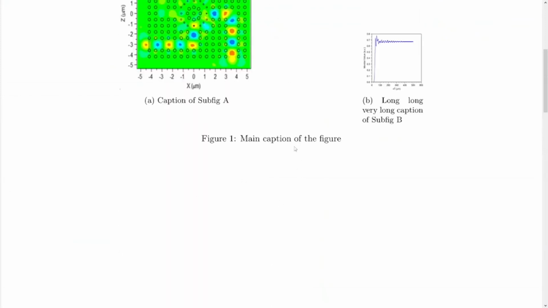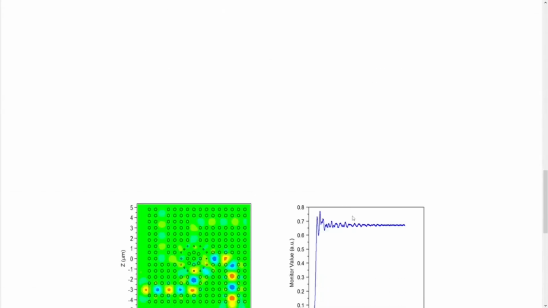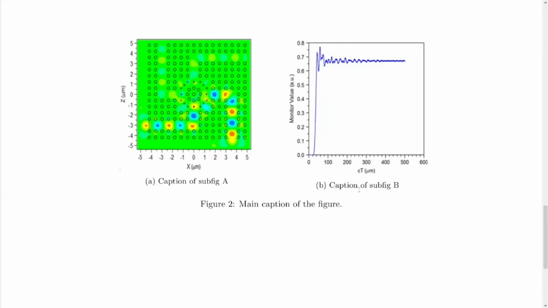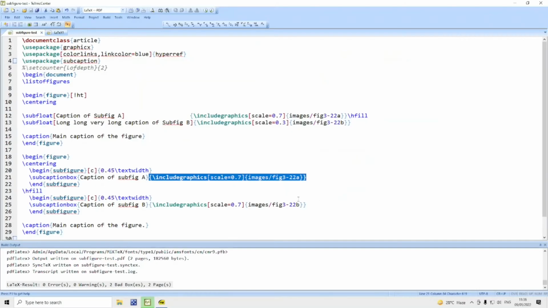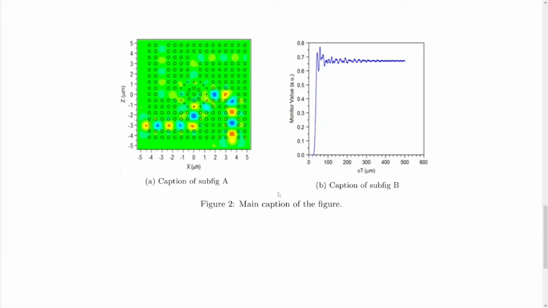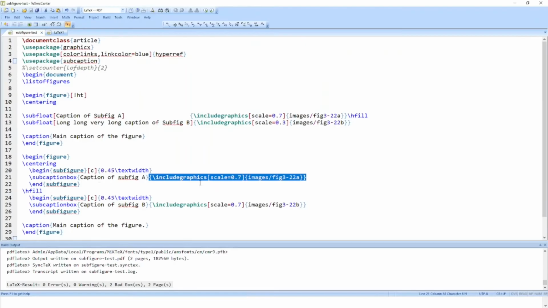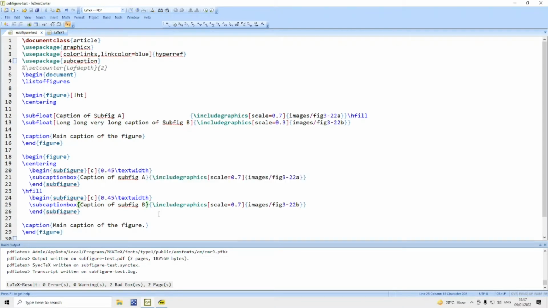The first one is using the \subfloat command. The second one is by using the \subcaptionbox command. Again, the problem of very long caption for subfigure will remain if you use \subcaptionbox. Let us say very long caption.